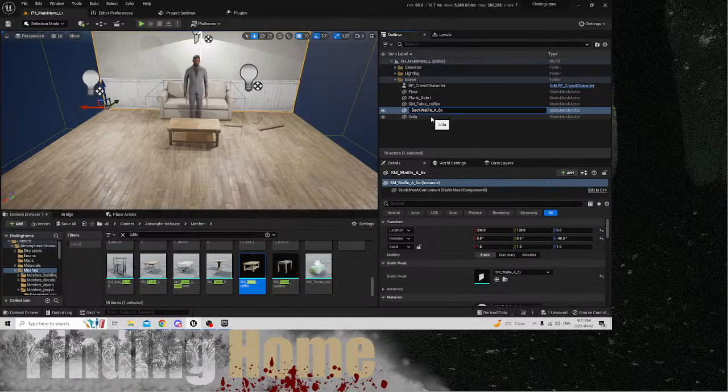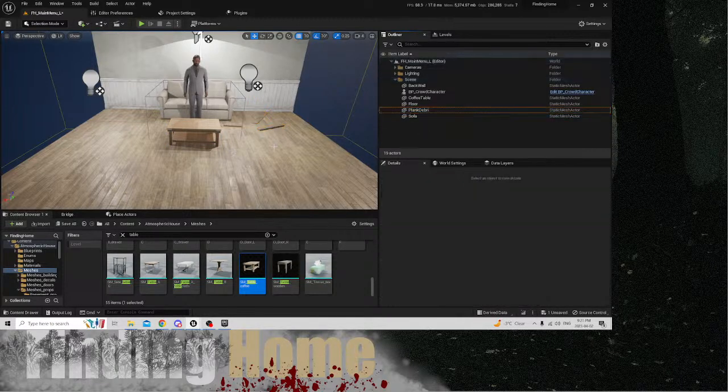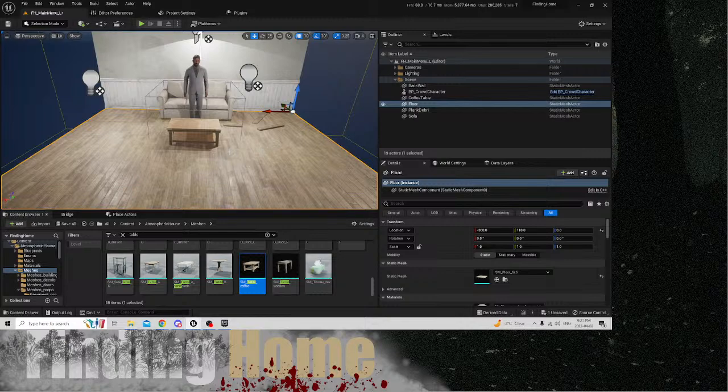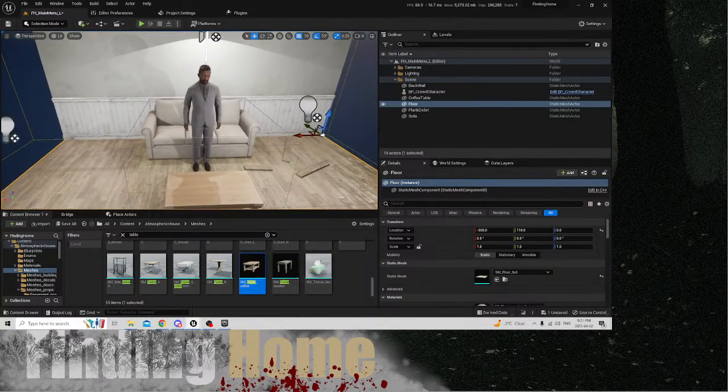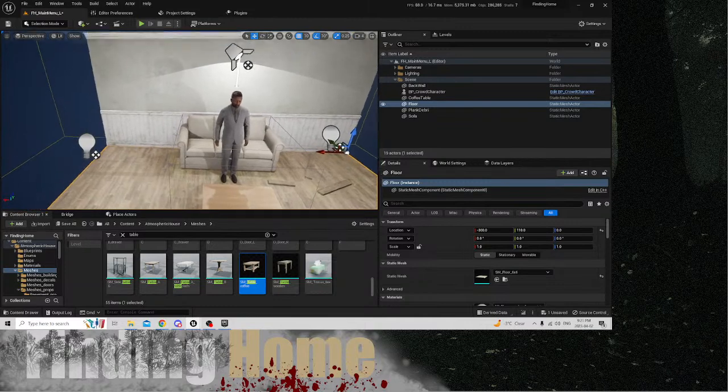Back wall. Coffee table. There we go. It's looking a little bit better. I think I might want